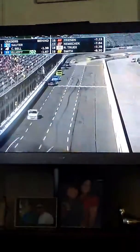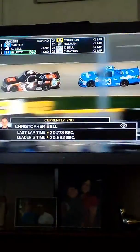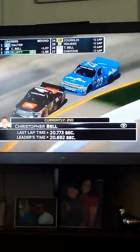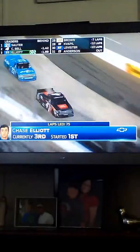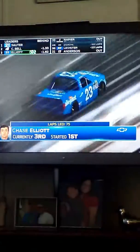You see Bell start to slide up in the center of the corner, and those front tires are starting to give up, and along with the rear tires as you hit the throttle, but he's starting to really dive in that corner in 3 and 4 because of the fact that it's probably sliding as you get 3/4 of the way through the corner, and that happens on this end of the racetrack where they're going right now. The front end winds up sliding up the racetrack, and you wind up spinning the rear tires on the exit. In 1 and 2, you could ride right against that curb and be able to get good drive up off the